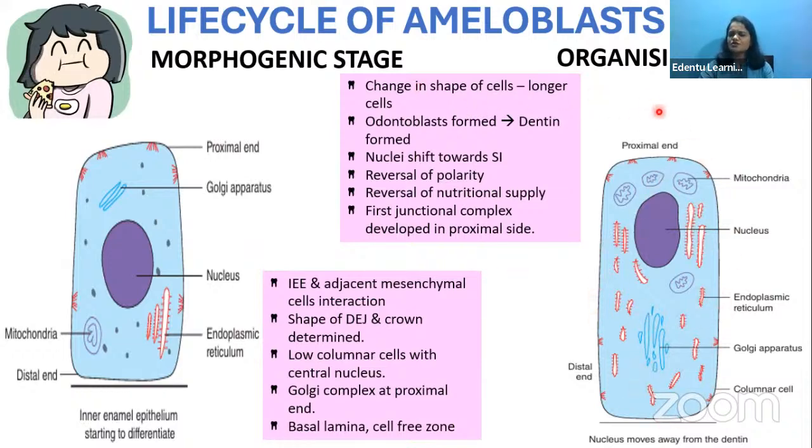Okay, so the change in shape of the cells will be there, and the odontoblasts will get differentiated and they will start forming dentine in this organizing stage. So the nucleus will shift towards the stratum intermedium. Nucleus will go up and shift towards the stratum intermedium. That is called the reversal of polarity. This reversal of polarity is an extremely important thing because